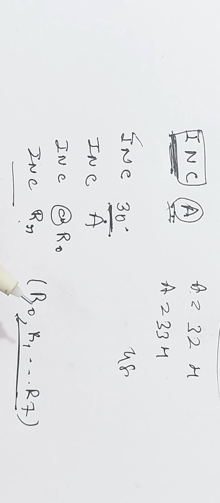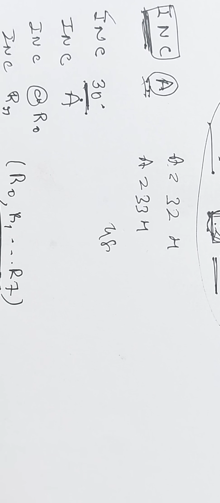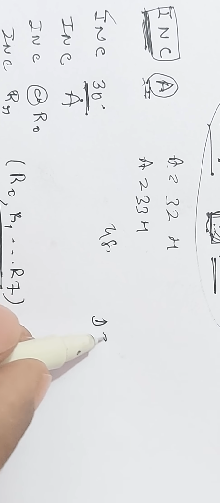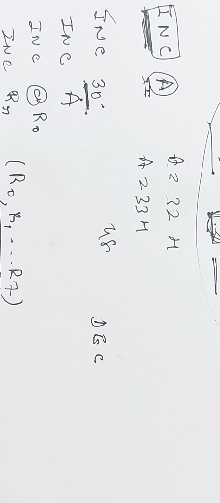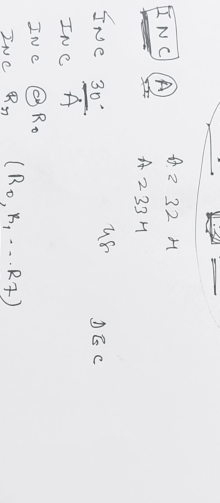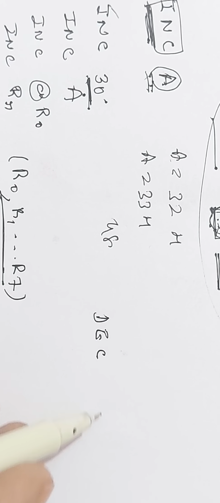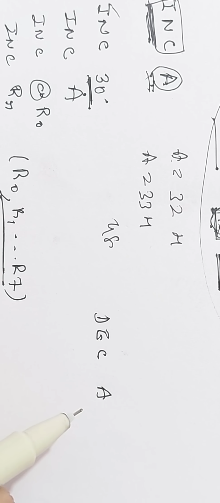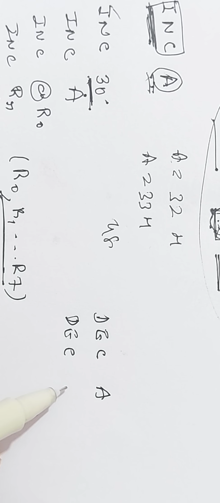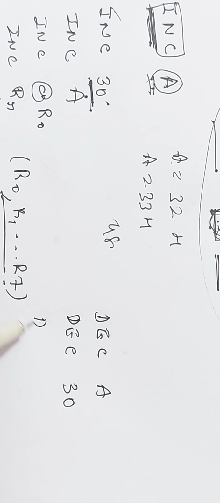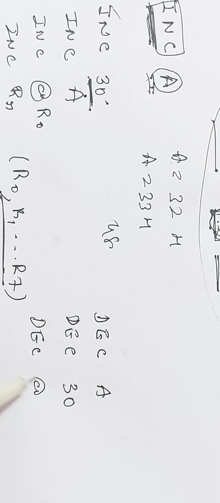Similarly, there are other mathematical or arithmetic instructions. It is called decrement, DEC. DEC is an arithmetic operation used to subtract 1 from the given data, or to decrease the data by 1. So decrement A, decrement 30 for example, decrement @R0,